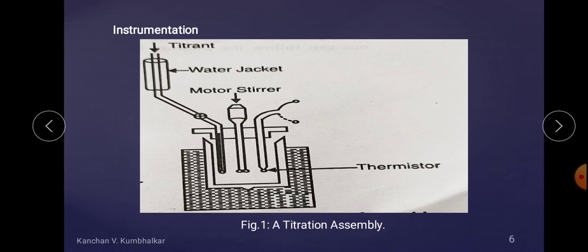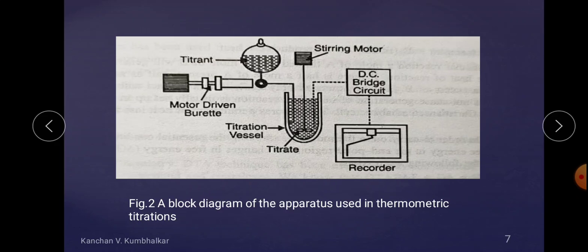So let's check out the next point, the block diagram of apparatus used in thermometric titration, shown in this figure. A number of modifications of this basic apparatus design have been described in recent years. Some of these modifications are as follows.